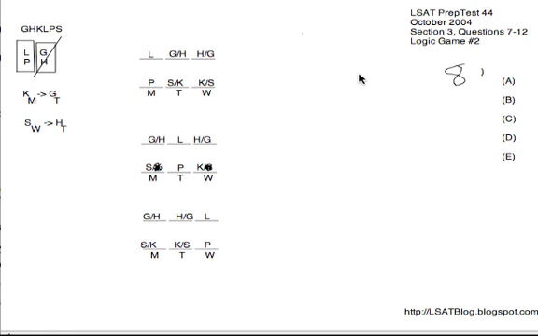Next, number 8. General must be true question. We don't really know where they're going to go with this, so we should just simply run through the choices here. So K and G not on the same day. That could happen